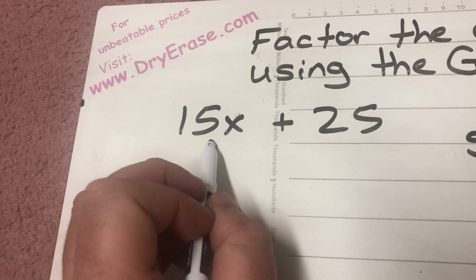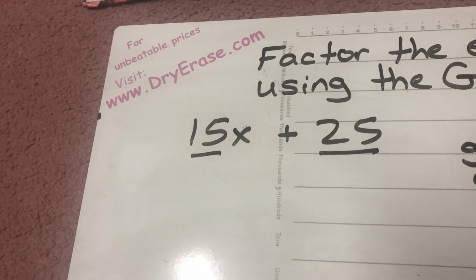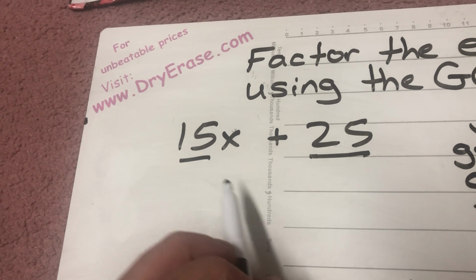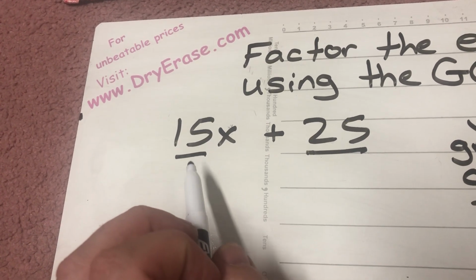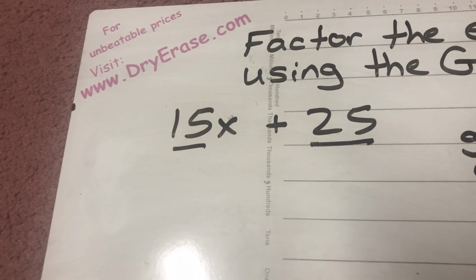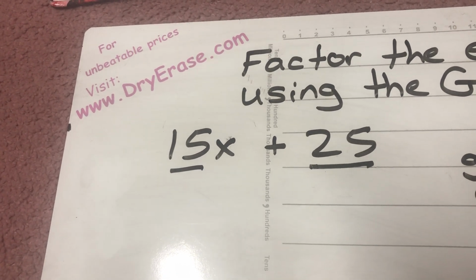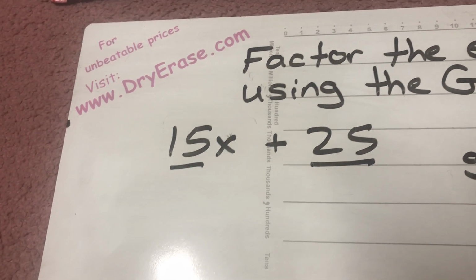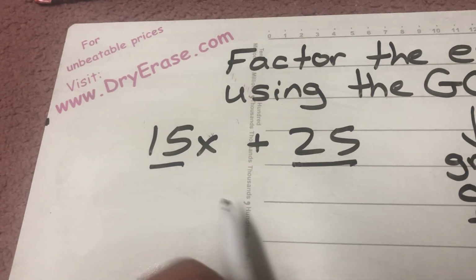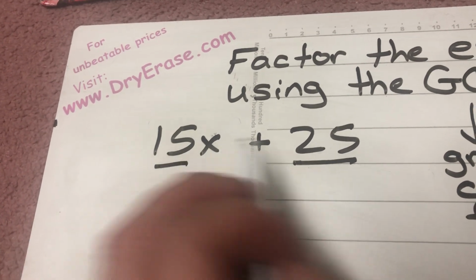Your key is going to be the 15 and the 25. The x has to be part of your final answer, and we'll talk about that. But the key to finding the greatest common factor, you're thinking 15 and 25. And this is where, if you don't really know your multiplication and division tables very much, this is a great example of why that's very important, because it should be pretty basic for you as seventh graders to realize that the biggest number that can go into both 15 and 25